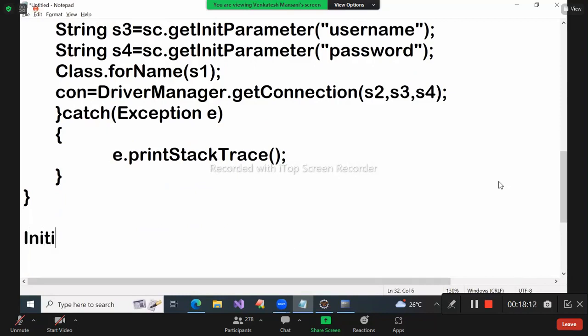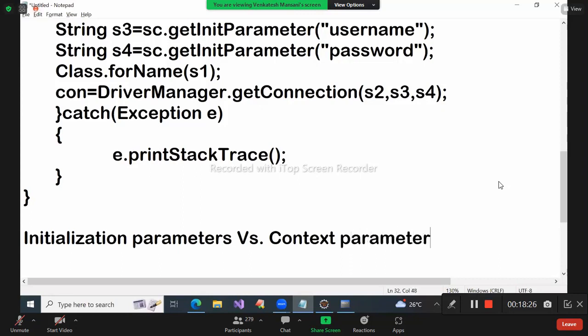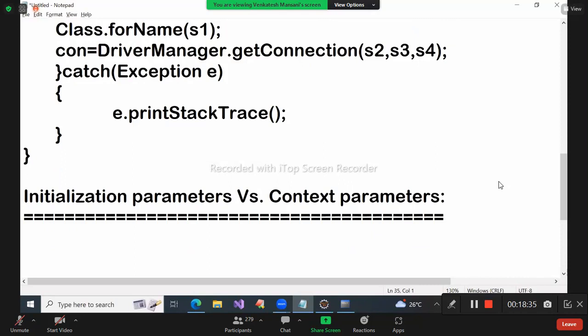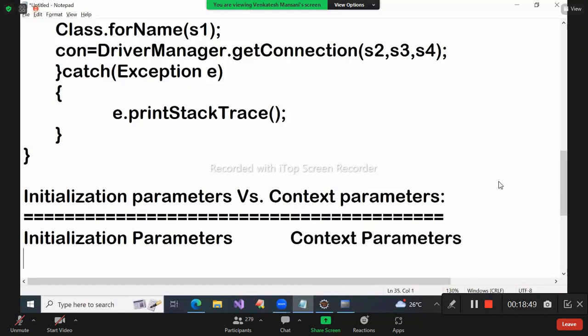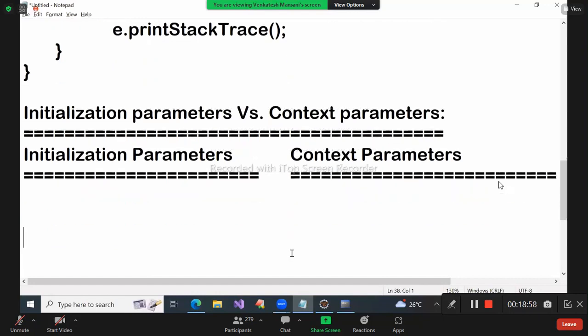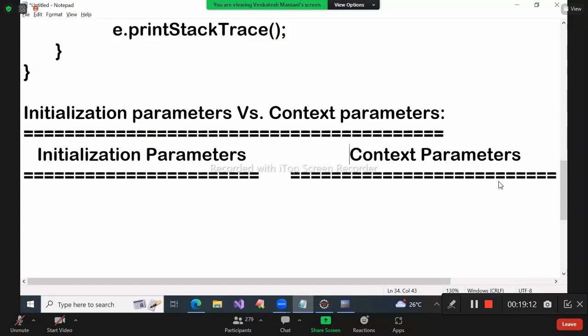Initialization parameters versus context parameters. Now, note down. Initialization parameters are